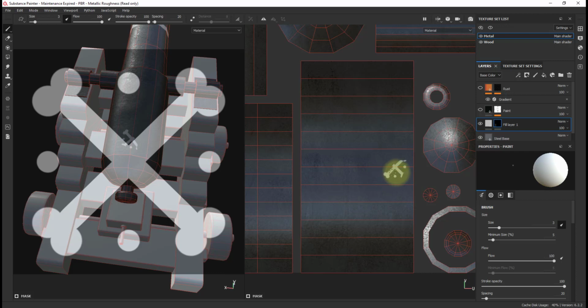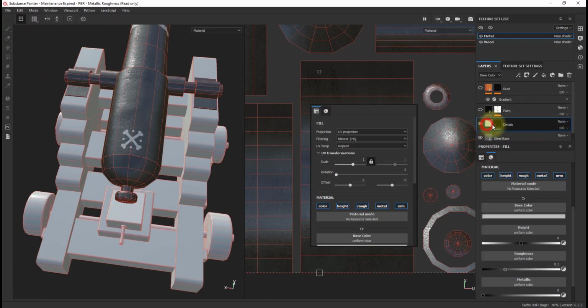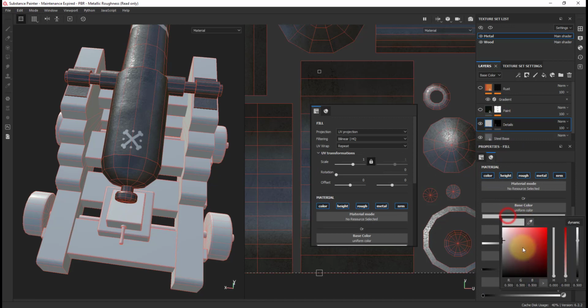And I'm just going to be able to paint right across wherever I want it. So this basically is my logo, if we want to call it the logo of the cannon. That looks pretty good there. And now I can just go ahead and close out the stencil. And now that I have this, I'll just call this details. Now this is done, and because this is done with a mask, I can change the color if I want to change the color to